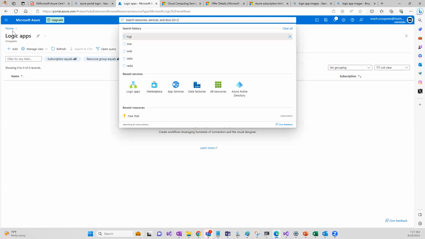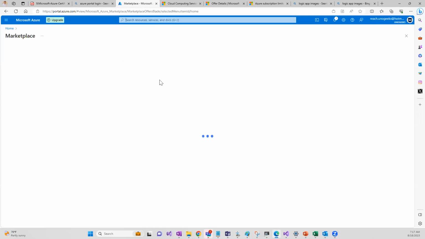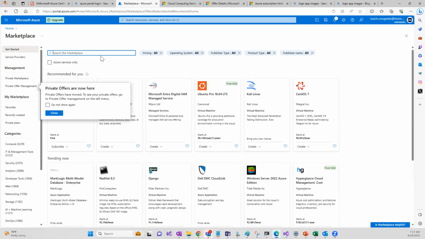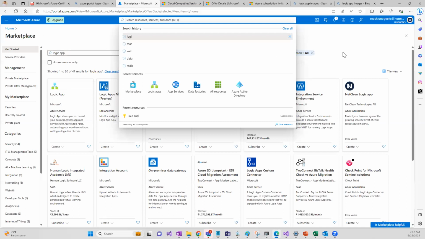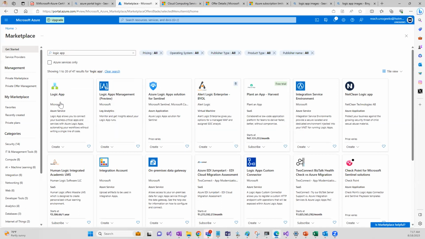Go to marketplace. What are the different flavors available in logic app? You just search logic apps here. You can see this is offered by Microsoft, as you can see from the symbol. And again, logic app management. Again, this is in preview mode. Just to give you one piece of information,